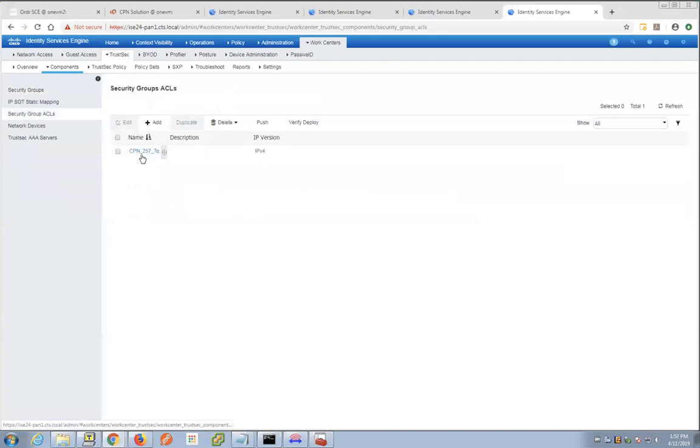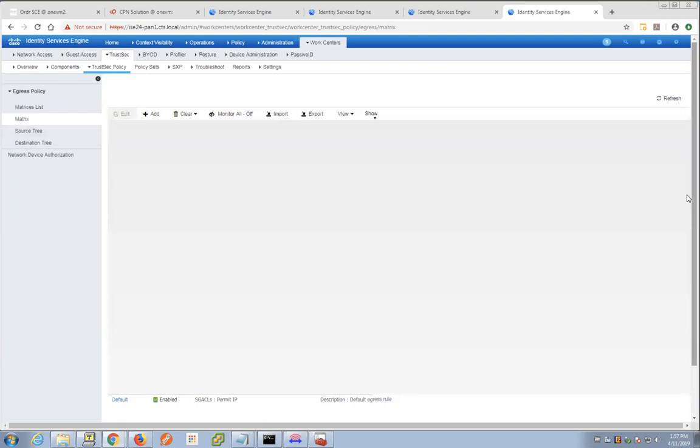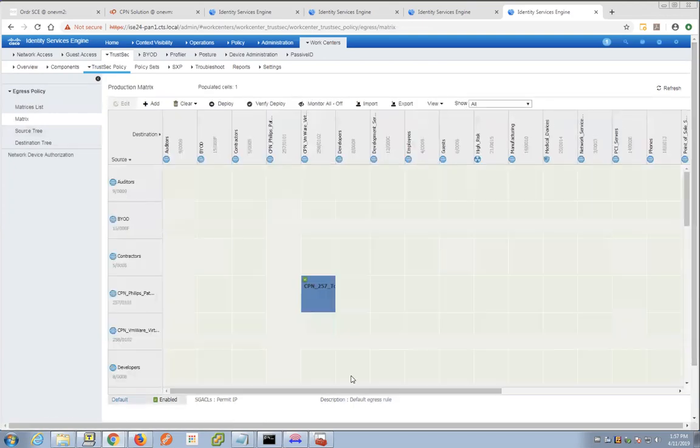I've created the security group ACLs, and we populate that ACL with the contents that we told you is the valid and expected behavior for these devices. And we've also automated the population of the TrustSec policy matrix. So you will see that there we go, these Philips patient monitors, which devices they are allowed to connect to, and the security group ACL.